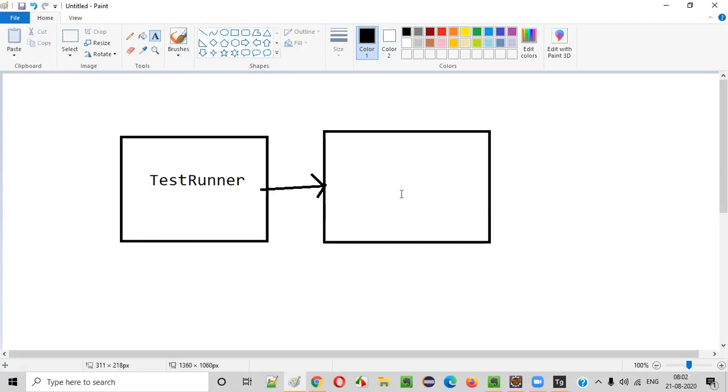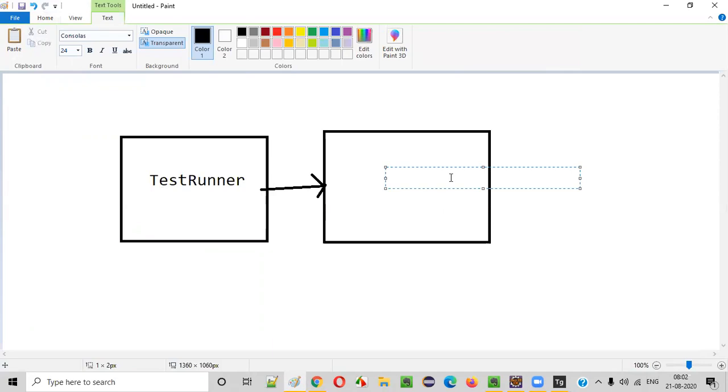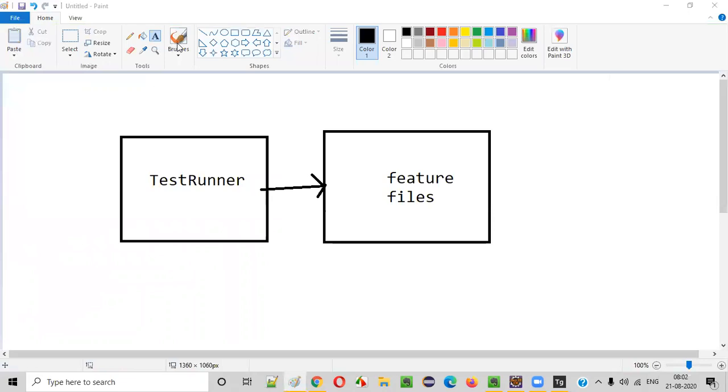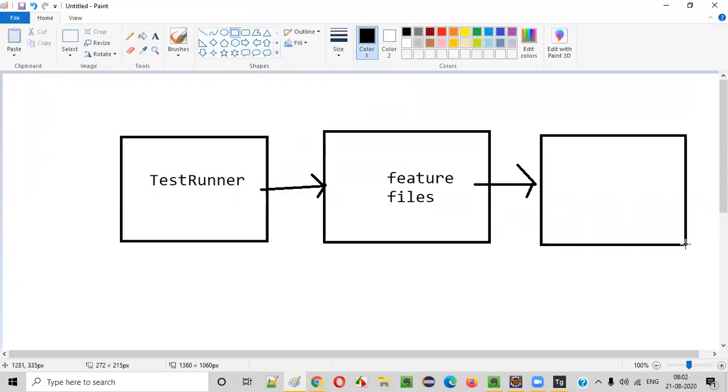Guys, tell me, type in the chat, guys. It should be very fast. Very simple concepts. If I run the test runner.java, which will be invoked? Step definitions or feature files? Yes, feature files. Correct. Okay. When feature files are run, the associated step definitions will work. This is a basic concept you have to keep in mind.